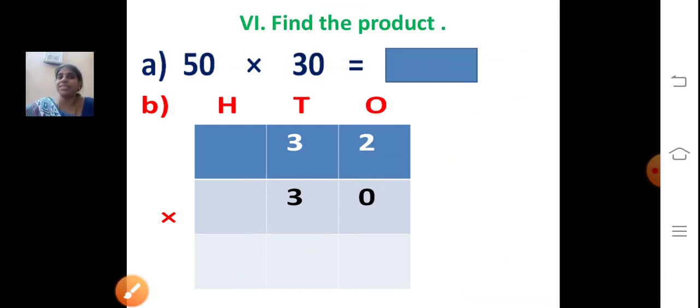So multiplication is repeated addition, isn't it? Multiplication is repeated addition. When you multiply any number by 0, what will be the answer? 0. Don't forget this. When you multiply any number by 0, answer will be 0. Then if you change the order of multiplication, the product will be the same. Clear? And when you multiply any number by 1, answer will be the same. Correct? 4 ones are 4. 10 ones are 10. So just go through the entire multiplication and just revise the chapters, multiplication and division.